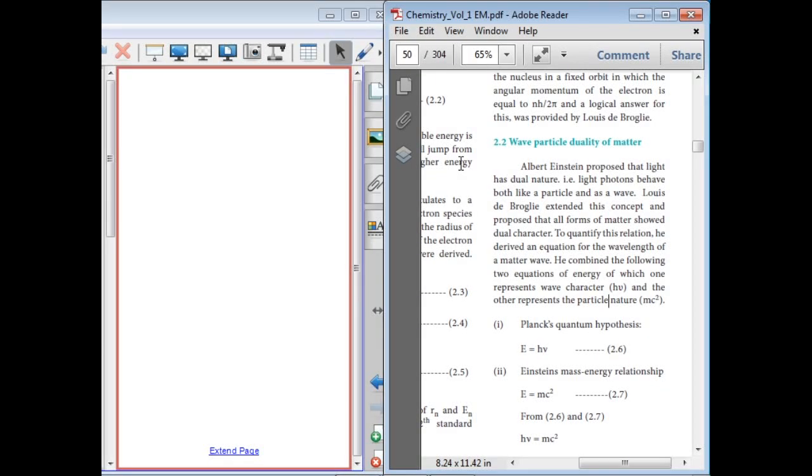Good morning, students. Last class we discussed the introduction part of the second lesson, the quantum mechanical model of an atom. We discussed the introduction to the atomic model: the Dalton model of an atom, the Rutherford model of an atom, the J.J. Thomson model of an atom, and the Bohr model of an atom. Now we are going to learn a new topic, atomic number and mass number.